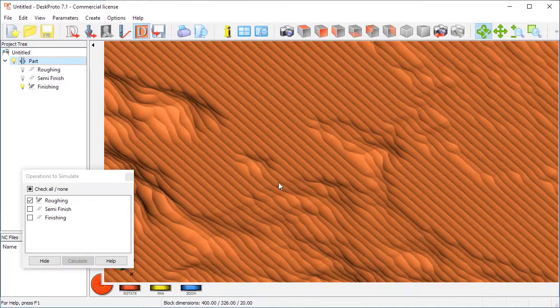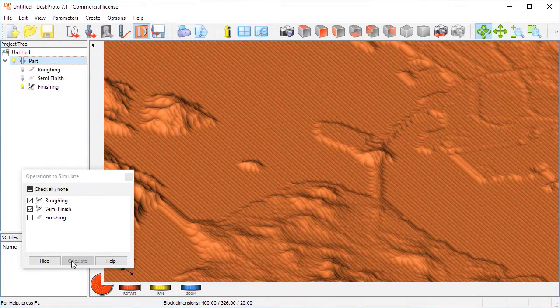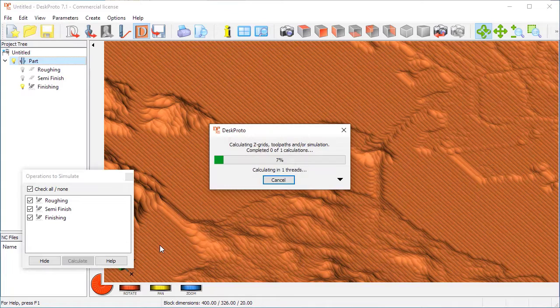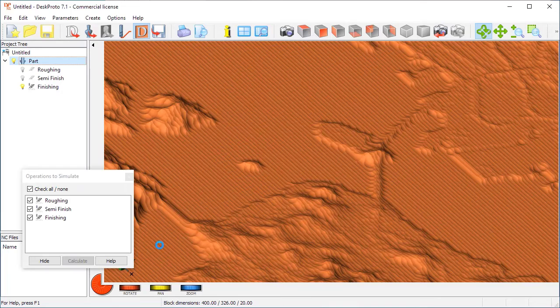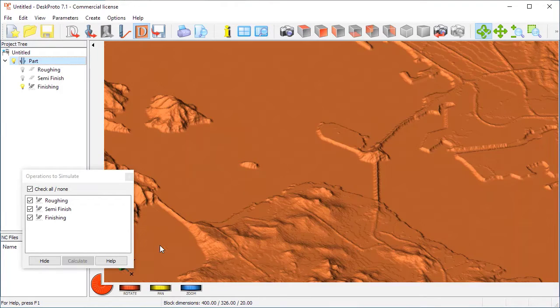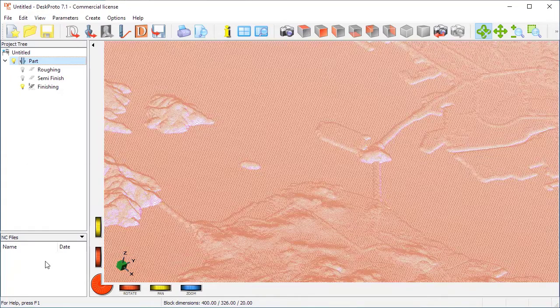This is the roughing toolpath parallel to X. Next one is the semi-finish to see some more detail. Yes, and then third, the finishing operation will of course take most time, as that is very detailed. Here we are. This is simulation of the result, and it promises that we will have a very nice detailed model. So I can again hide the simulation,